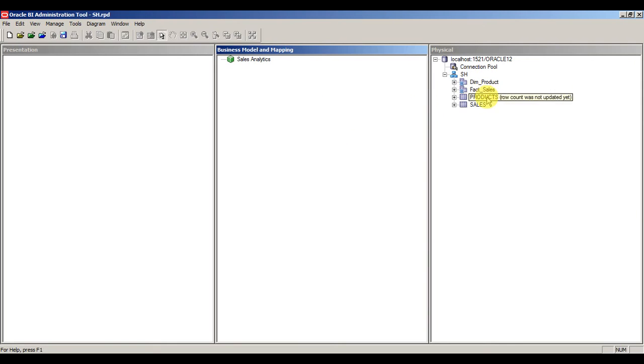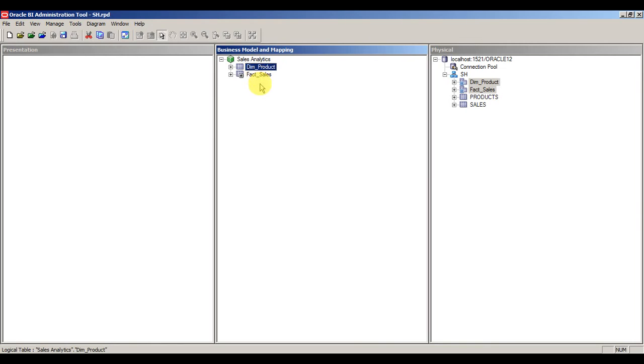So here in our physical layer we have one dimension and one fact. Just select the two tables and drag and drop them onto the business model. Now you can see a slight difference in the icons. If you see a plain table symbol, you can call it a dimension table, and there is another icon with a hash signature on top of it, which represents a fact table.